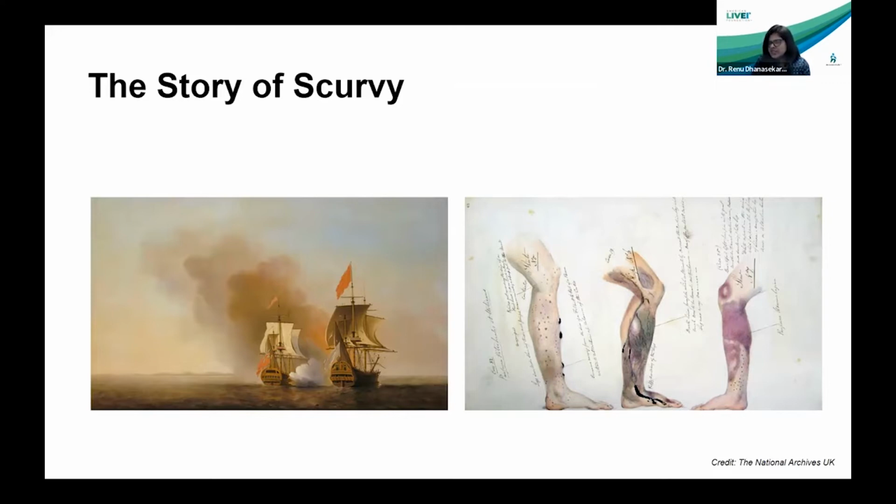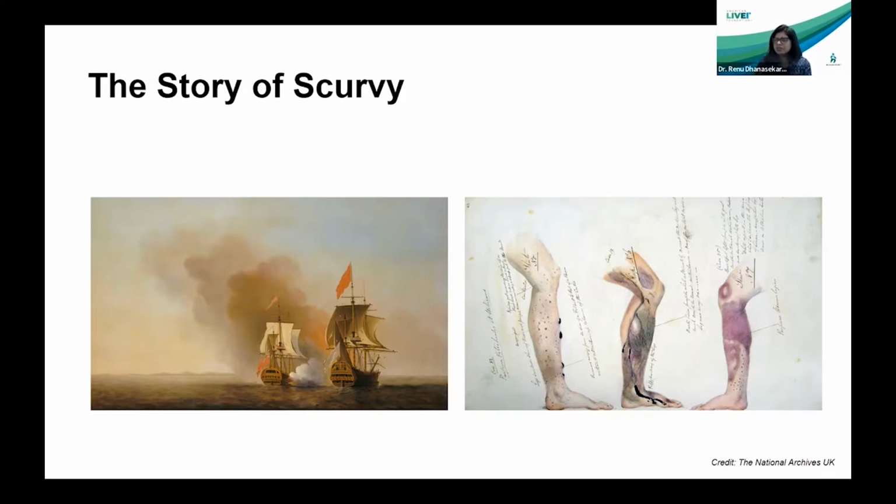And there was a physician, James Lind, who was assigned to be the physician on this ship in the 1750s. In those days, with the conditions that prevailed, there were many illnesses and diseases that sailors would catch on these long ship journeys: infections, overcrowding, malnutrition. But there was a particular condition that the sailors were really scared of. It was called scurvy. And here on the right, you see an original depiction by this physician, Dr. Lind. He wrote down how these sailors were getting oral ulcers, leg blisters, bleeding under the skin, nerve issues in the legs. And he clearly documented that, which is the first step, right, to understand the disease.